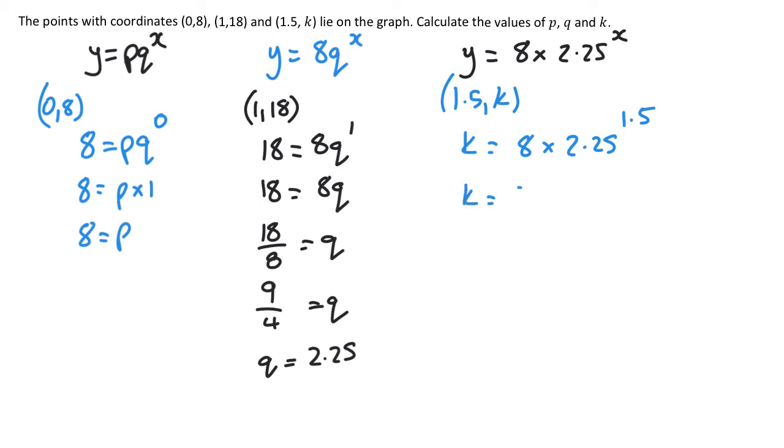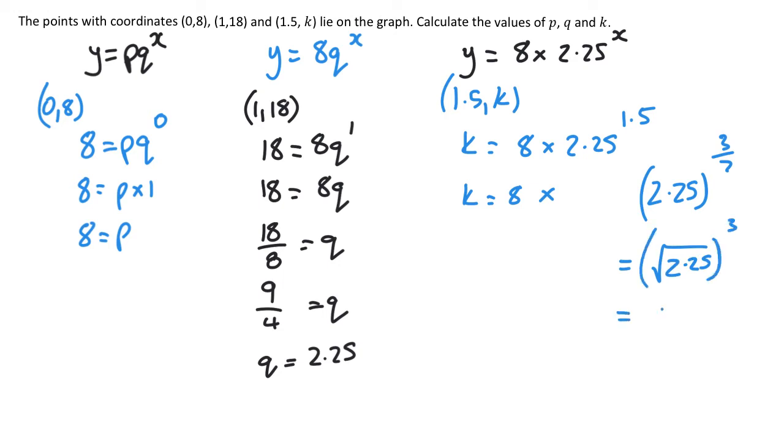So k equals 8 times, now 1.5 to the power of 3 over 2, so this is 2.25 to the power of 3 over 2, which means the square root of 2.25 cubed. The square root of 2.25 is 1.5, and then we have to cube that, and we get